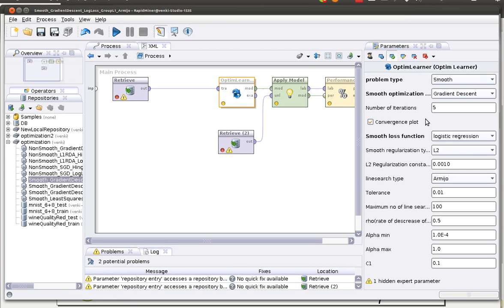In this sample process, we learn from the training set and evaluate the performance of the model over the test set. Here we adjust the parameters so that we now run a smooth problem type using gradient descent, and the number of iterations we set it to 5, and I'm choosing the logistic regression as a cost function with L2 as the regularizer. I'm giving the regularization constant L2 to 0.001, and I'm choosing the line search as Armijo,